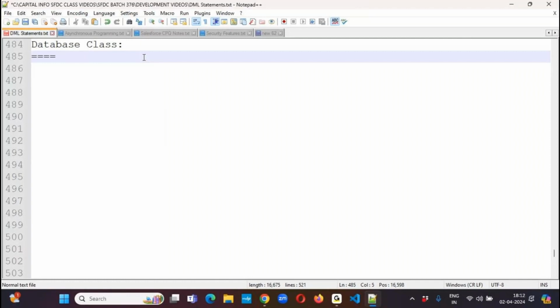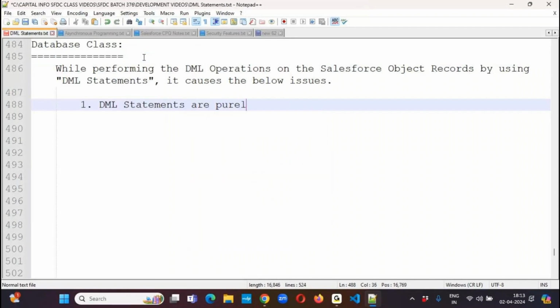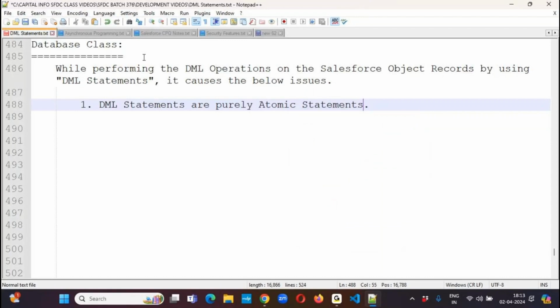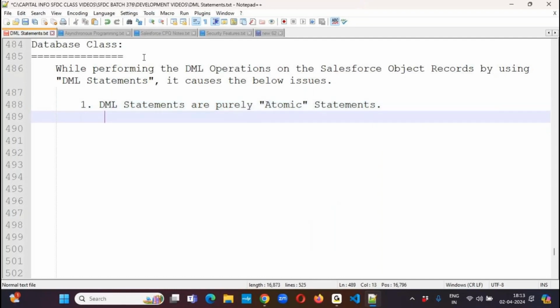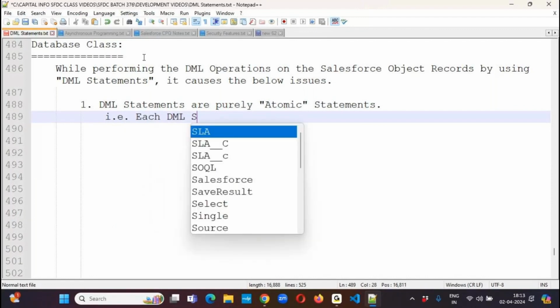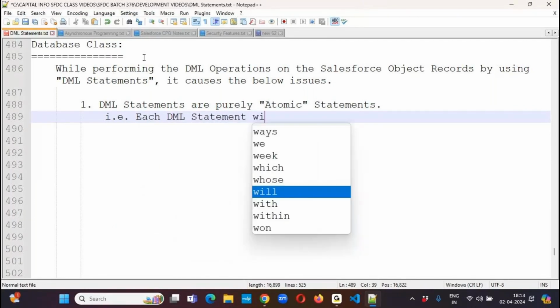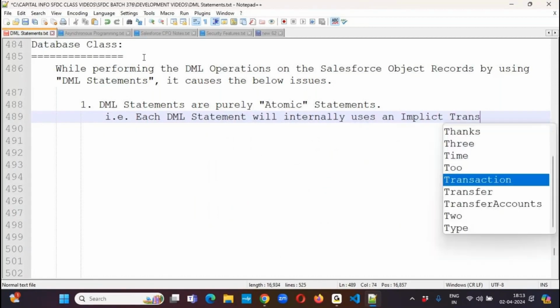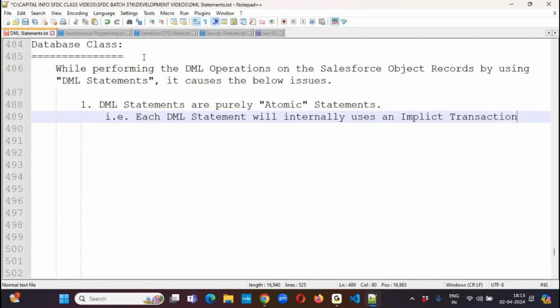First one: DML statements are purely atomic statements. That is, each DML statement will internally use an implicit transaction